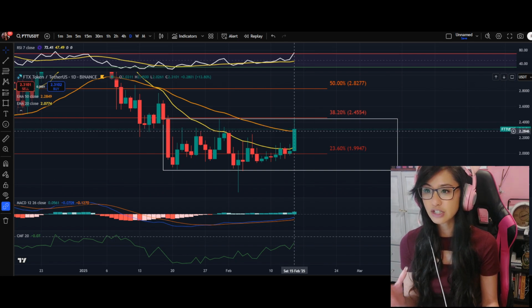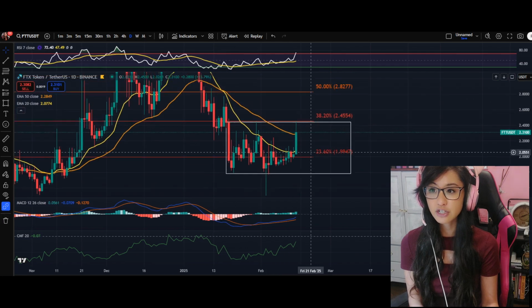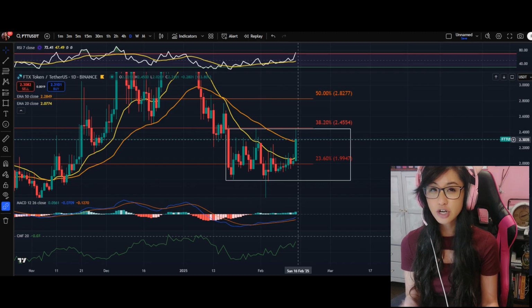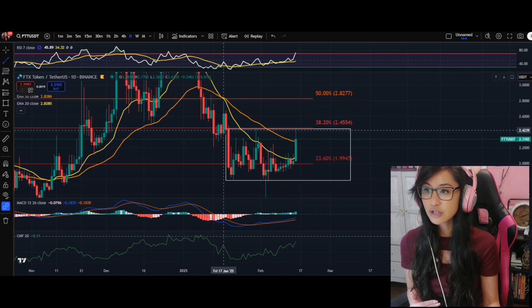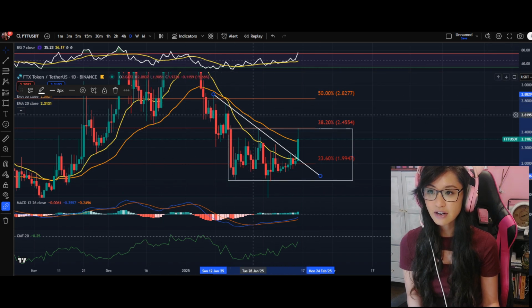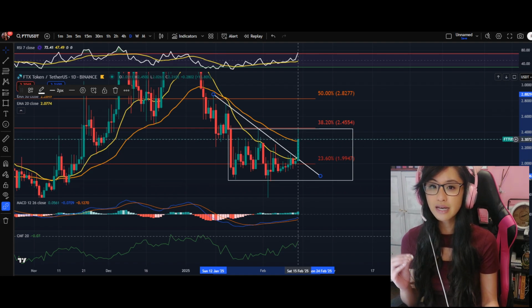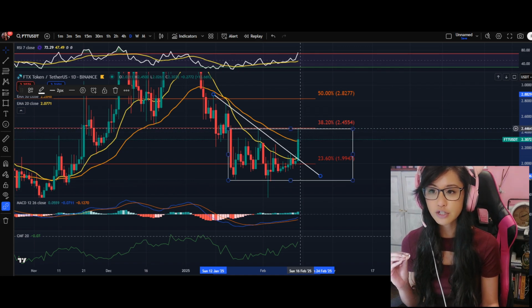The easiest way to actually see where the trend is, is if the price is found below our moving averages. So in this case, I'm using the 20 moving average and the 50 moving average. If we're able to close above the 50 and the 20, then the trend itself may be broken. Essentially, we can be drawing in a trend line here connecting these pieces. And as we see here, we did see a breakout in the last 24 hours. So we're anticipating that the price does break above $2.30 and closes above that in order to target the